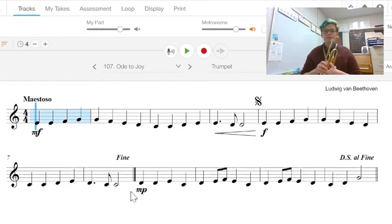How did you do? Look at any notes you missed. We're going to do that one more time. This time, let's observe the mezzo piano dynamic. So we're playing medium soft or medium quiet. Let's do that again. 1 and 2 and 3 and...